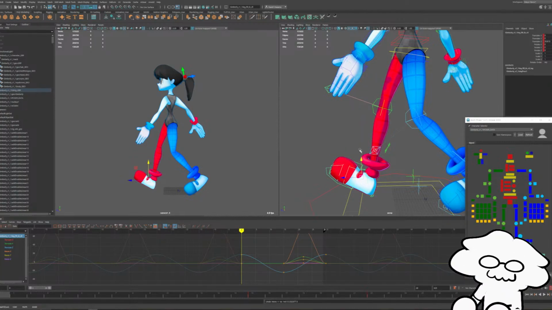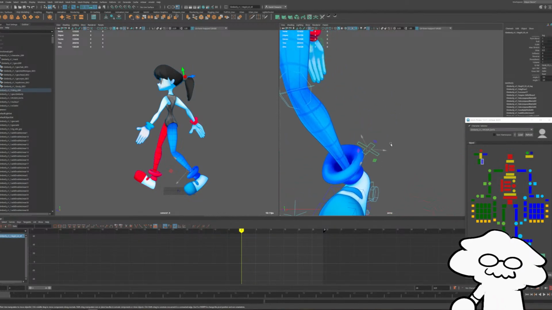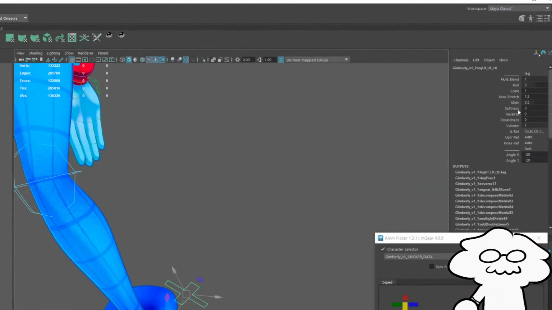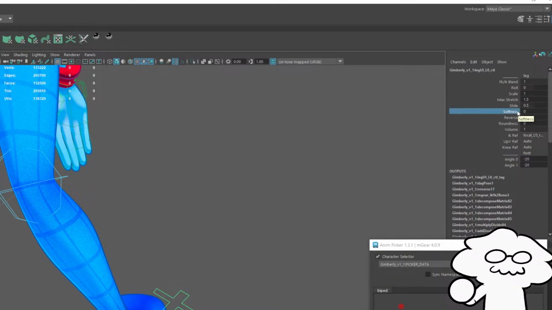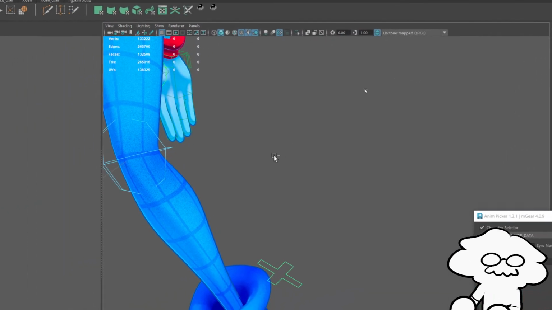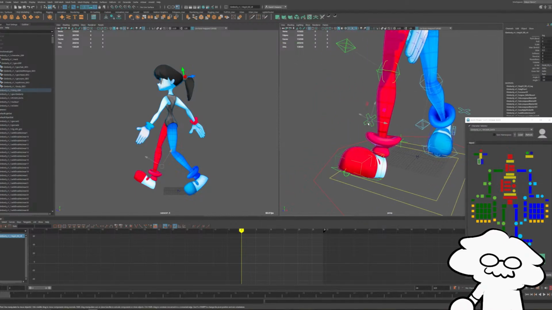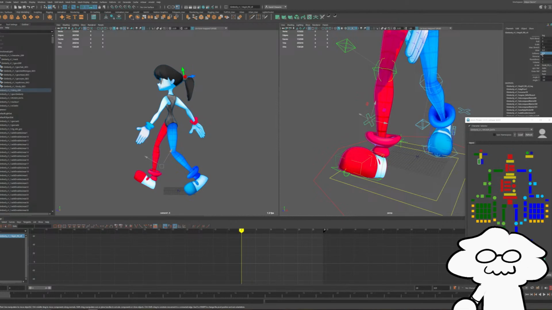So that setting in the IK legs, which I get by selecting this control for my rig, is softness, which fixes that. So if I were to set that to 0.5, let's do it for the other leg as well. So let's set the IK softness to 0.5.